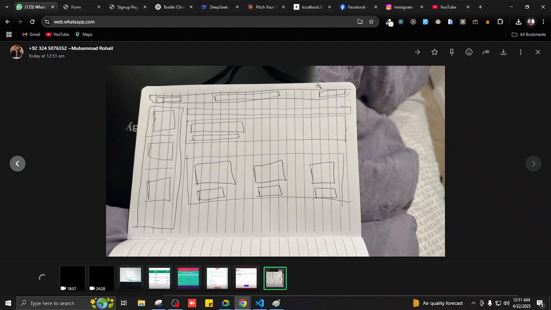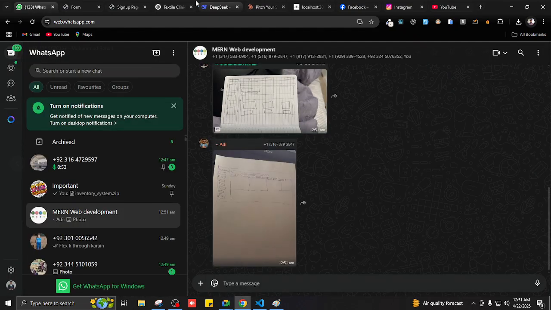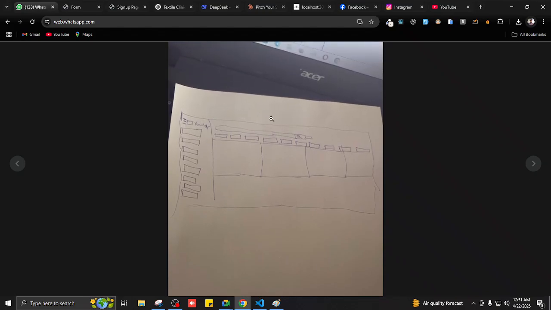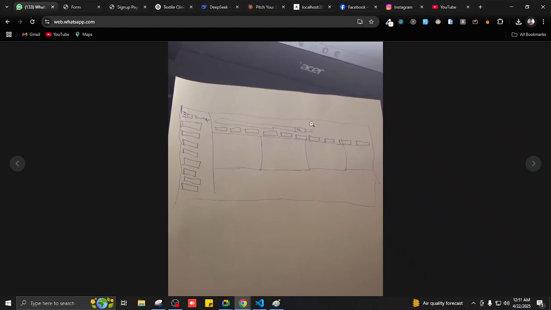Wheels up. We have the navbar, good, the sidebar, main container. Yeah, it's almost the same. Good, wheels up. I think I tried my best. Great. So we have the sidebar, yeah, and this the group. Okay, so